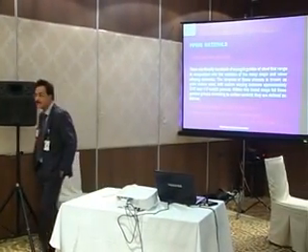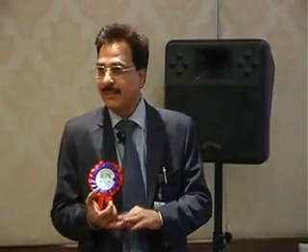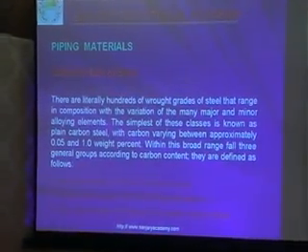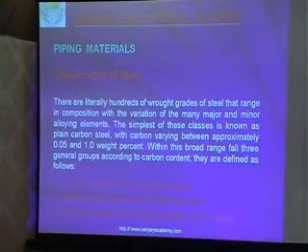Basically, there are ferrous material and non-ferrous material. All the plants are more than 70% ferrous material. Oil and gas, petrochemical, refinery use ferrous material: carbon steel, alloy steel, stainless steel. The non-ferrous, aluminum, copper, nickel, titanium, zirconium, is very less, about 20%, even in small diameter. Every plant, even the power plant, oil and gas industry, refineries, uses mostly ferrous material.